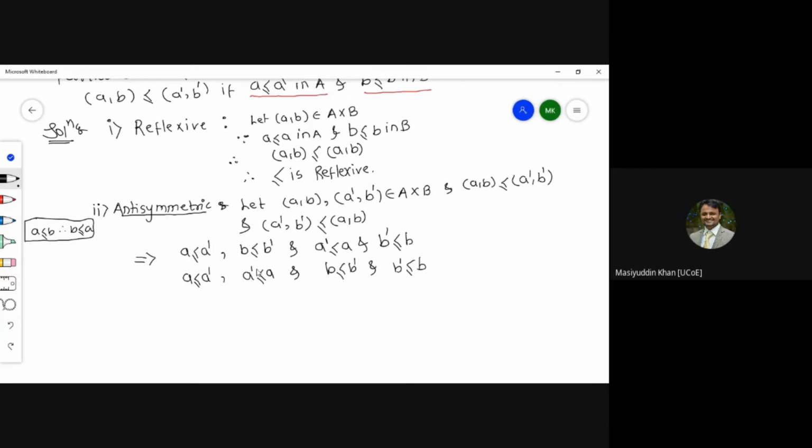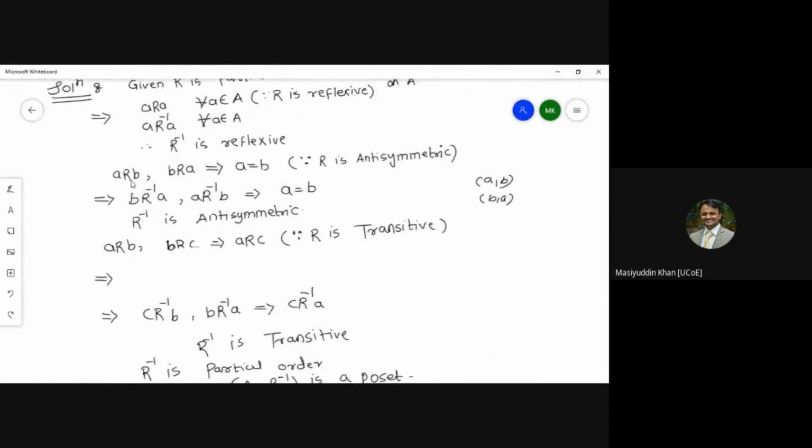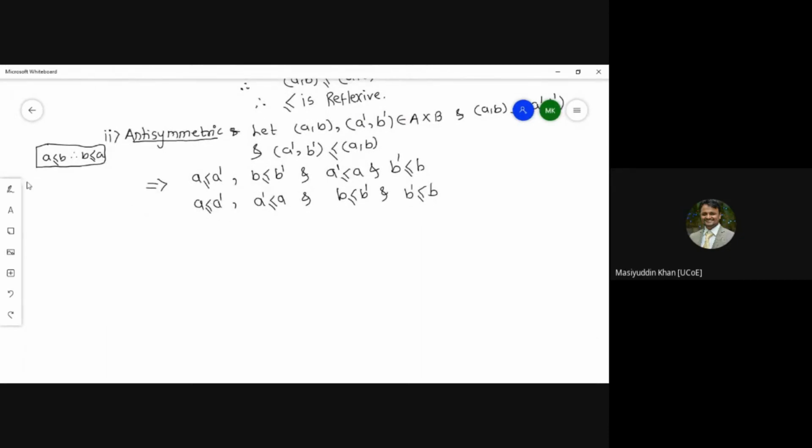So if this condition is satisfied, what does it mean? Look, previously we solved this above, where we had to prove it in antisymmetric. If a is related to b and b is related to a, meaning a equals b, since the relation there is less than or equal to, then a equals b. Similarly, if the converse holds, that is b R a and a R b, then we again write a equals b. So this implies what? According to these things, if a ≤ a' and a' ≤ a, if both these conditions hold, it clearly shows that a is equal to a'. And similarly, according to these conditions, we can write b is equal to b'.